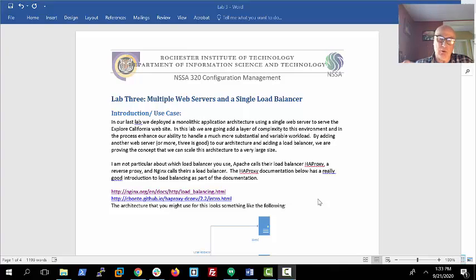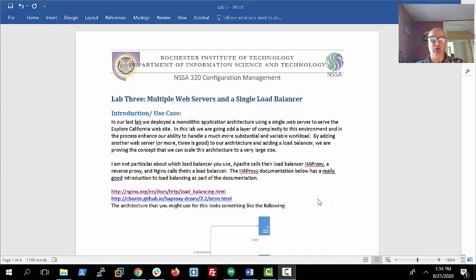So we're going to use the work that you did in Lab 1, the monolithic architecture, and Lab 2, where we got Siege and our monitoring software. But now we're going to make it interesting because we're going to add multiple web servers to that architecture, not one. We're still going to have a monolithic application, so everything's going to be in one server, but we're going to have 3 or 4 versions of that one server. Then we're going to have a load balancer that sits out front of that architecture, accepts incoming connections, probably from Siege, and then pushes them out to one of the 3